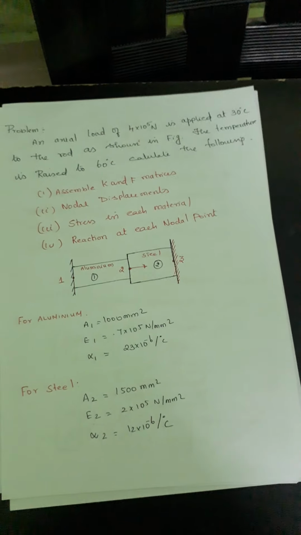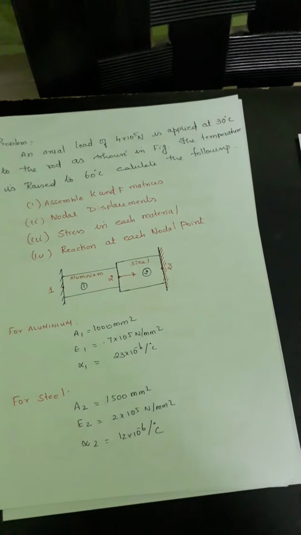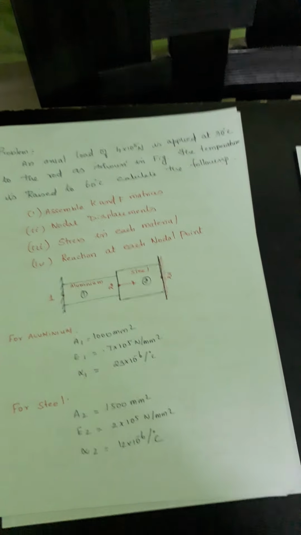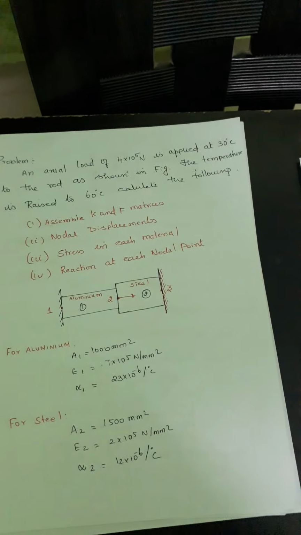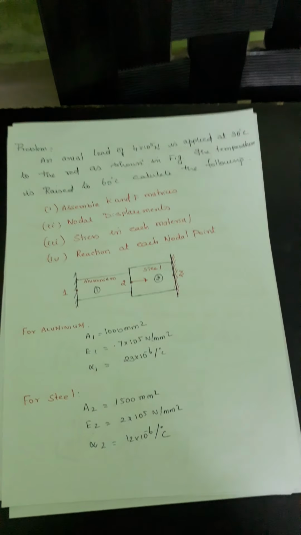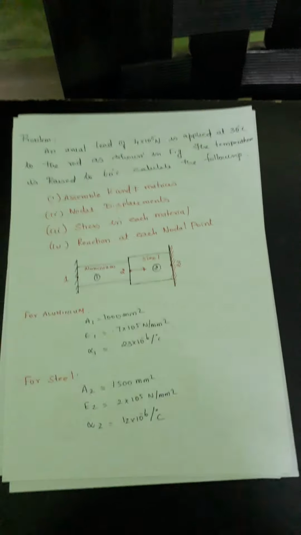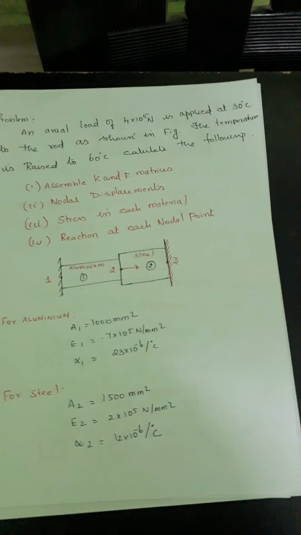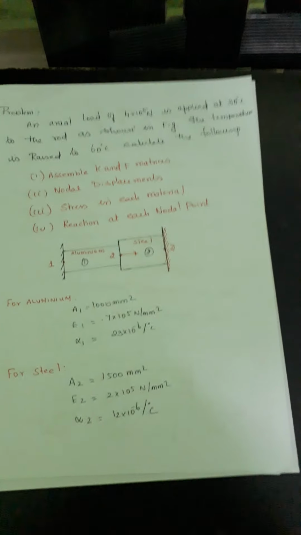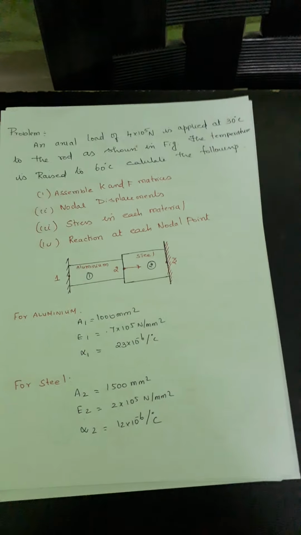This is aluminium, this is steel, both the ends are fixed, and now you can calculate the displacement yourself. There are two elements, and here node 1, node 2, node 3. U1 is 0, U2 is unknown, U3 is 0 because both ends are fixed. So at node 2, you only have to find the displacement U2. But the self weight is there, and the temperature effect is there, so the body force should be calculated.